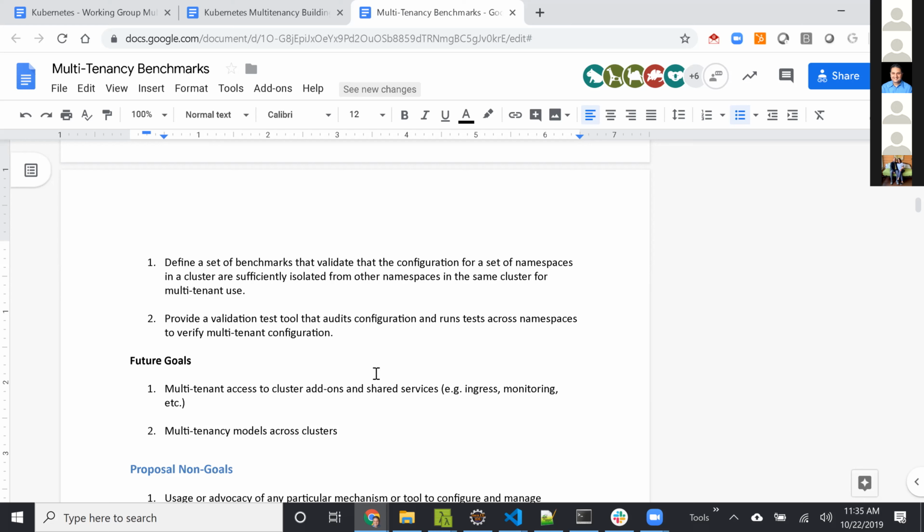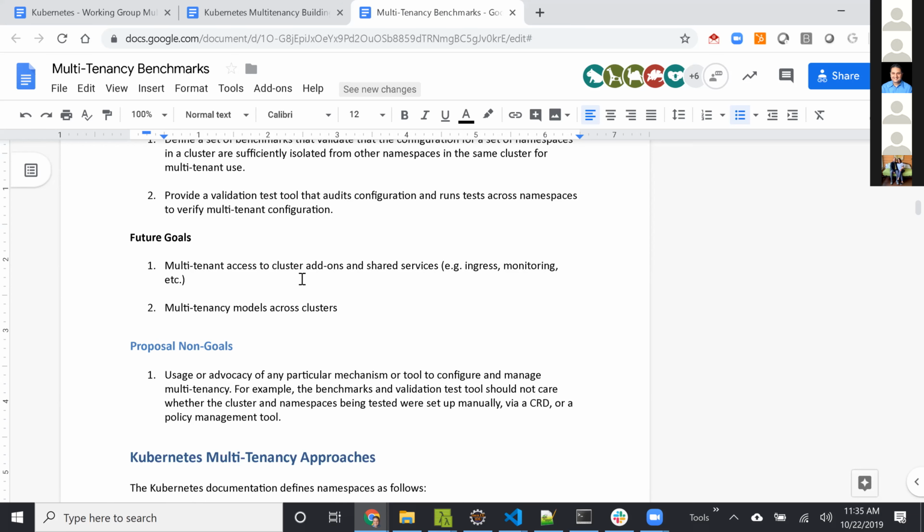Right. Of course, this is something we can evolve and change as needed, but let's continue the discussion and getting comments and feedback on that. Things which we did not want to tackle right away: I think in the previous presentation, Sudeep also mentioned cluster add-ons and services. Those are maybe a next level of multi-tenancy, if you will.